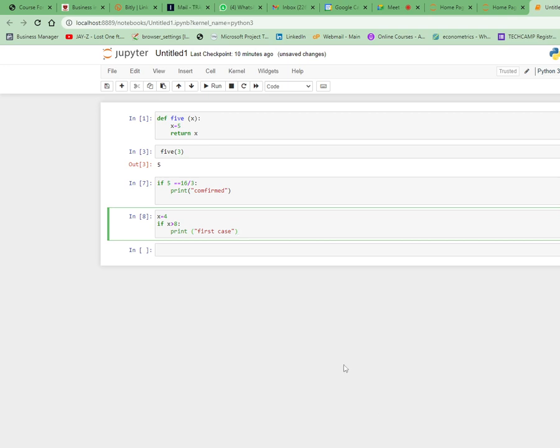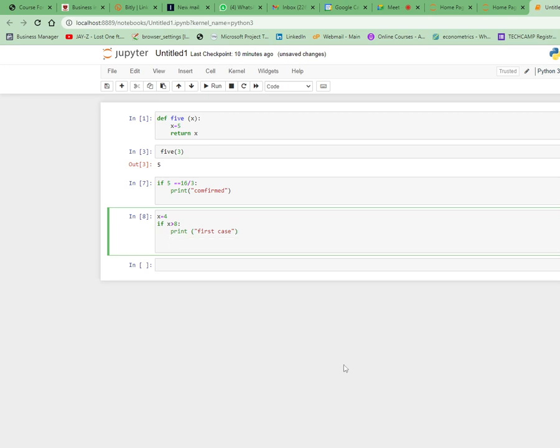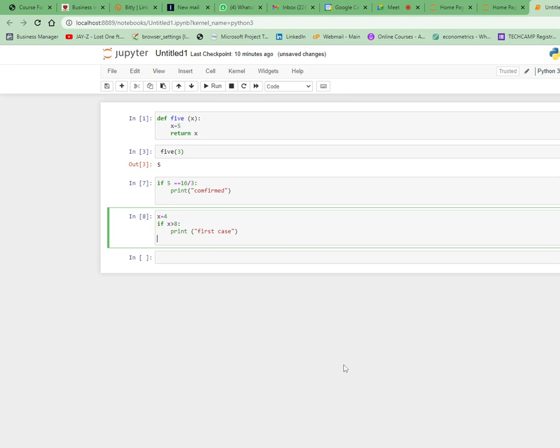Now, what should the software do if that is not the case? Then I can introduce what you call else. Let's understand how to use else. So if that is not the case,